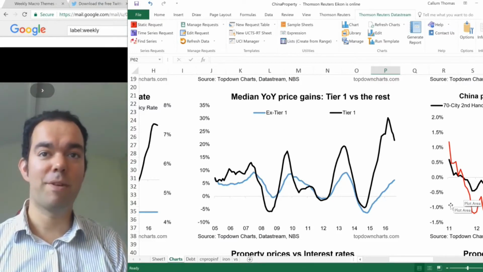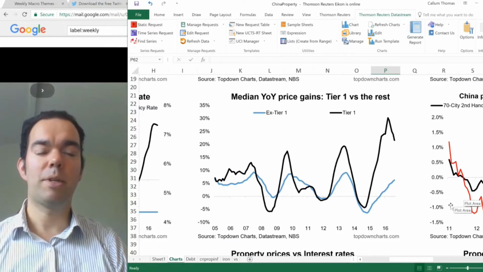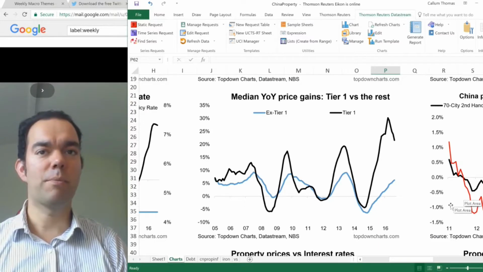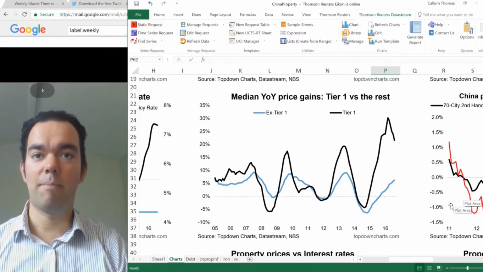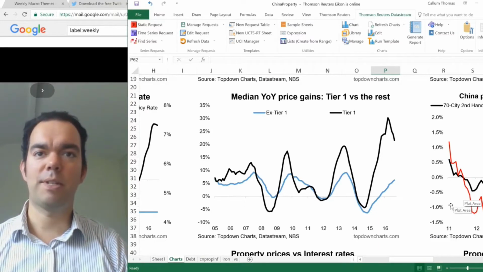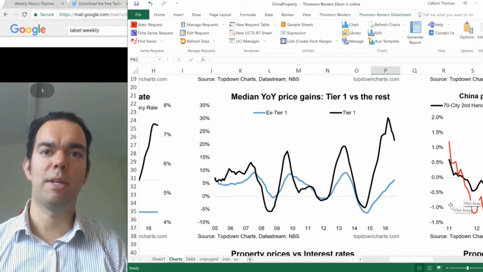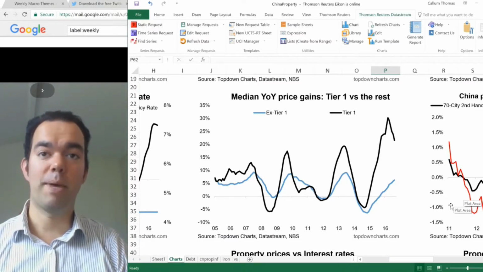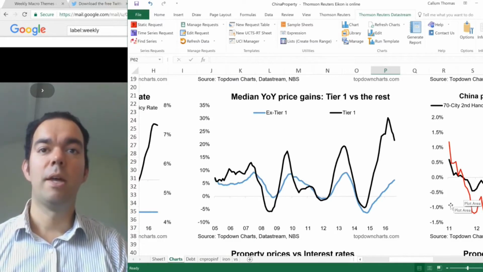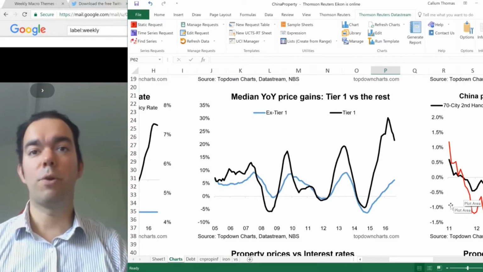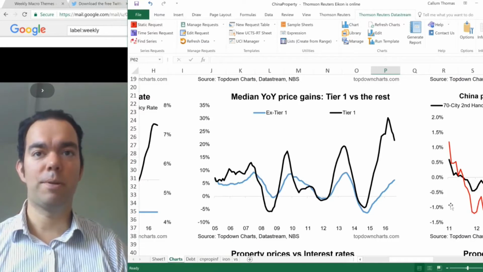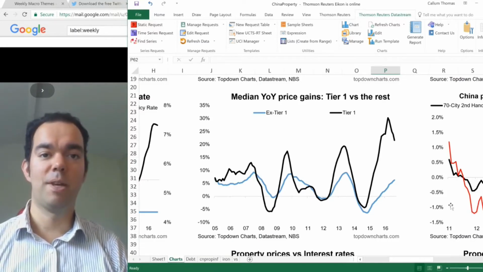the weekly macro themes. It wasn't really focused on property prices as such, but more on the trends there in fixed asset investment and how that's really having a material impact on the global economy, China's economy in particular, and especially commodity prices. So if you're interested in any of those topics, China fixed asset investment, global economy, commodities, make sure